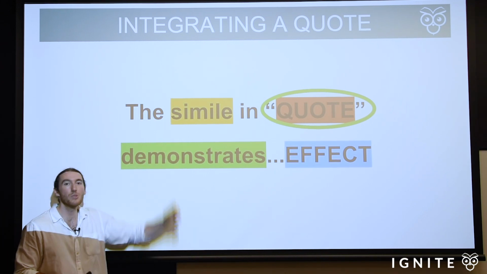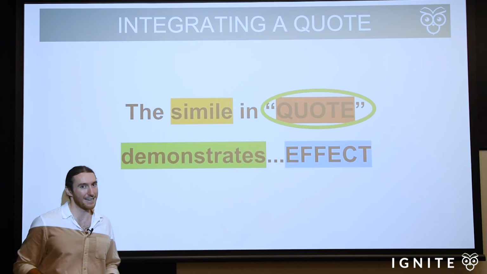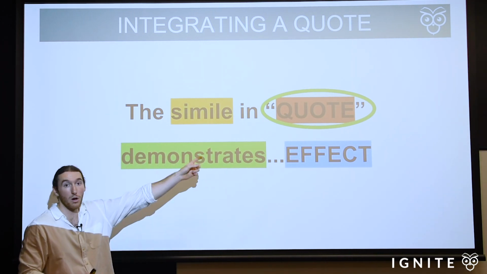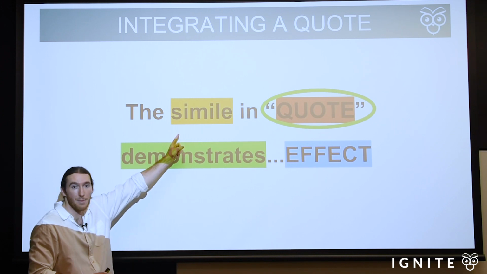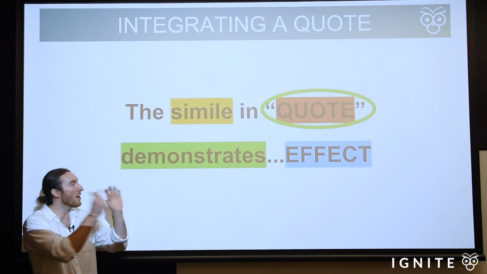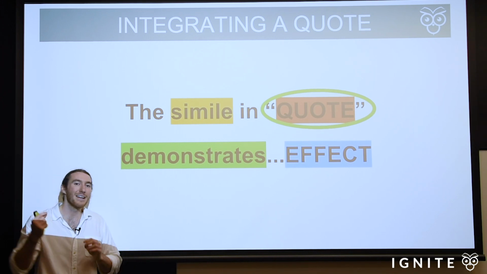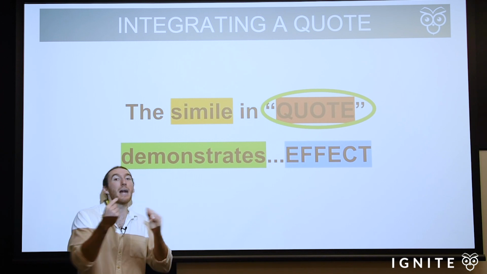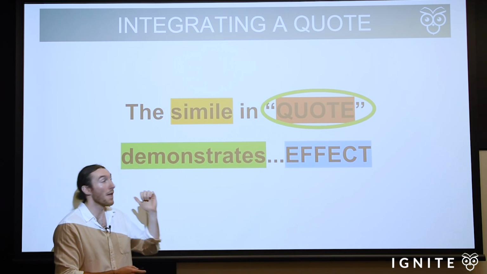And note here, I've used simile, but that could really be any technique. So you would say the simile in the quote, and that quote would be proof of the simile. Demonstrates, and then say what it means. That's a very standard sentence, but it's potentially lacking some sophistication that you could otherwise have by addressing that third